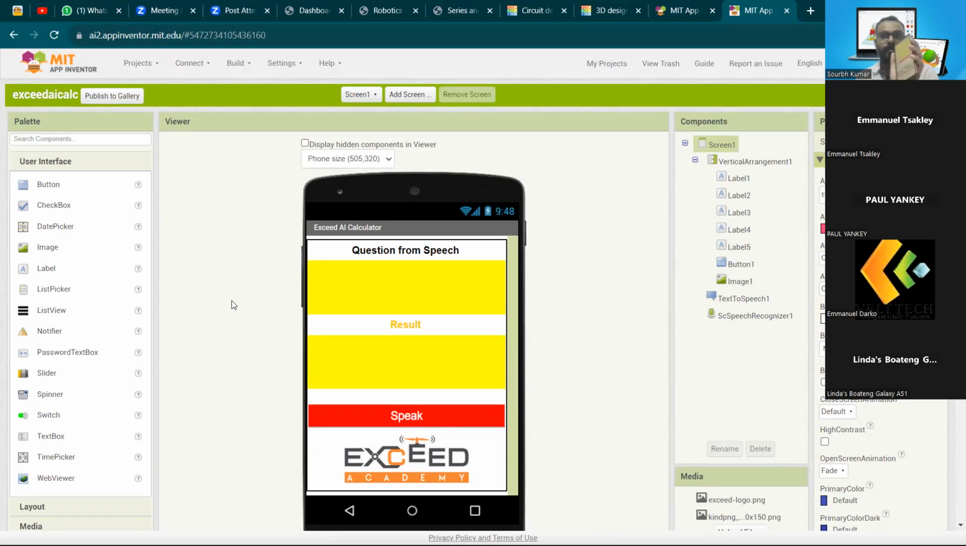Welcome to AI Calculator app. Please press speak button to ask questions. So if I ask any question to this particular app, then it will revert back with the answer. 12 plus 13. 29. So it will always give you the result of what are the calculation you are seeking from this particular